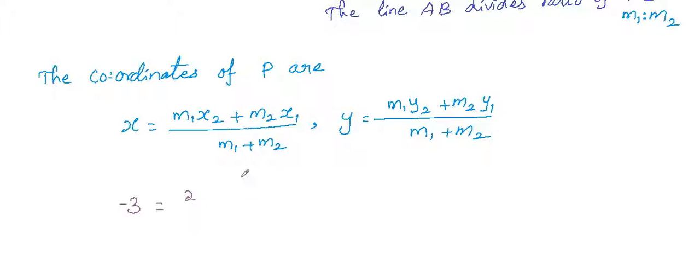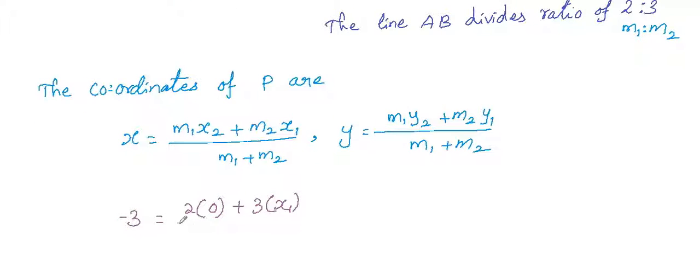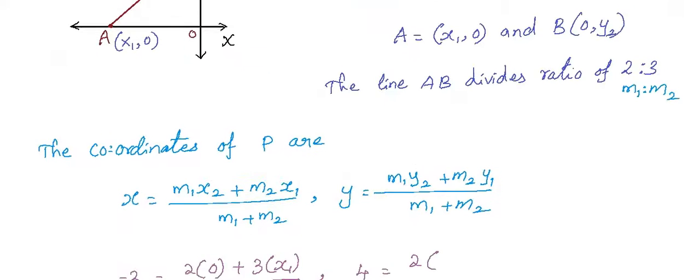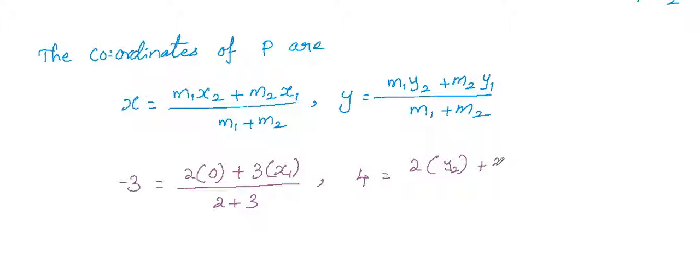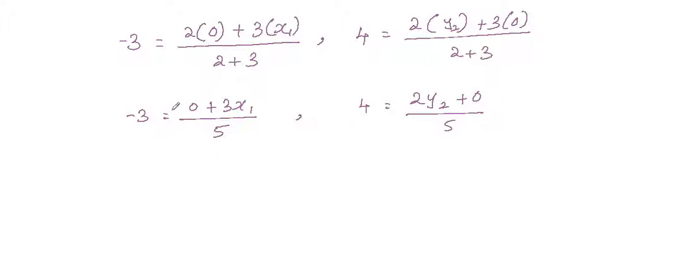So x value is -3, so -3 equals, m1 value is 2, so 2 into 0 plus m2 is 3 into x1, divided by m1 plus m2, which is 2 plus 3. Similarly for the y coordinate, y value is 4, so 4 equals 2 into y2, and m2 is 3 and y1 is 0, so 3 times 0, divided by 2 plus 3. If we simplify this, we'll get -3 equals 3x1 divided by 5, and 4 equals 2y2